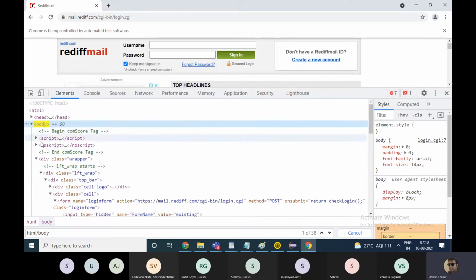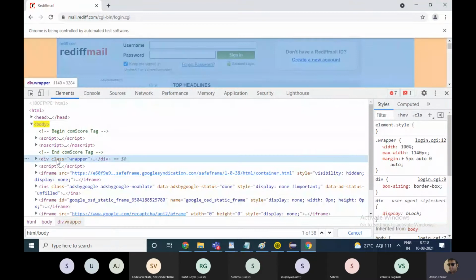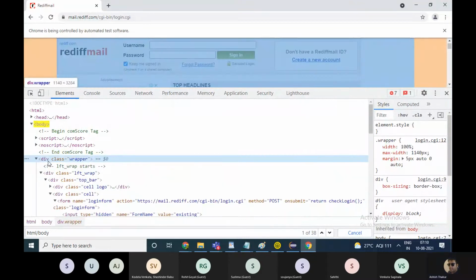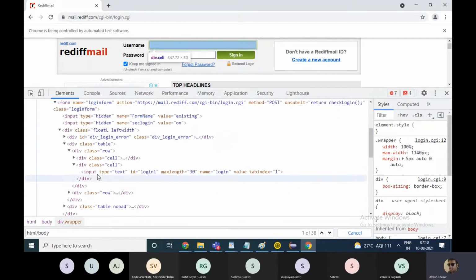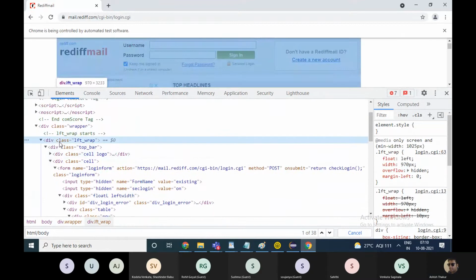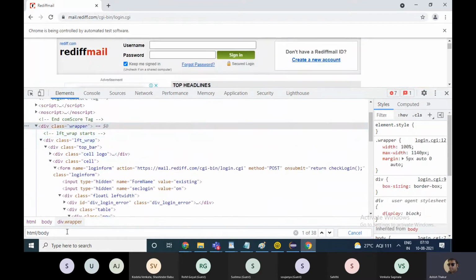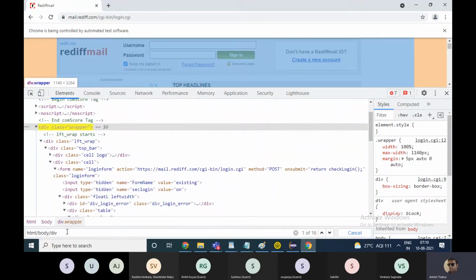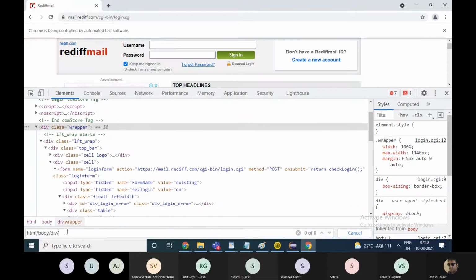This body tag has got many tags, and you want to go inside this div tag because somewhere inside this div tag, the input tag is lying. So you write over here slash div. Then after that, you have to go inside this div tag, and